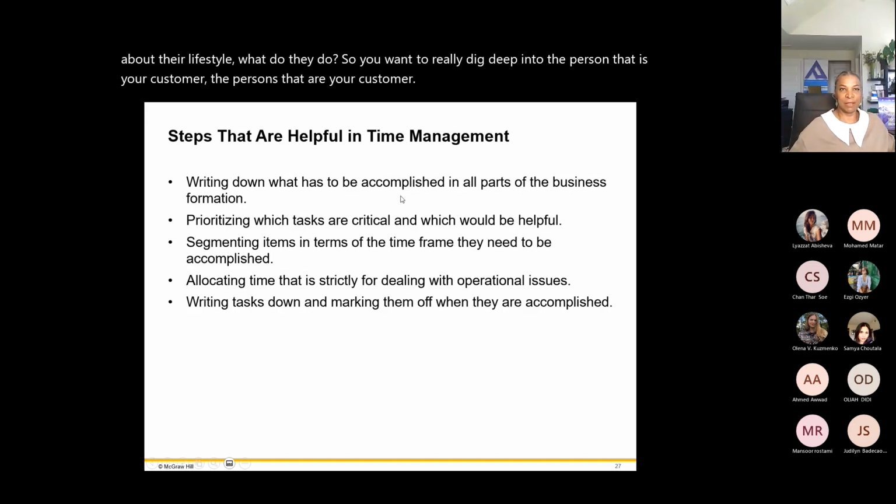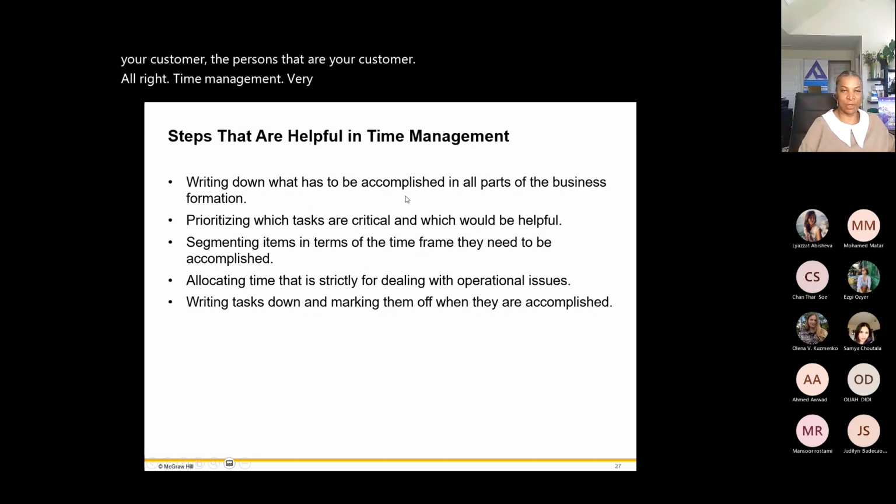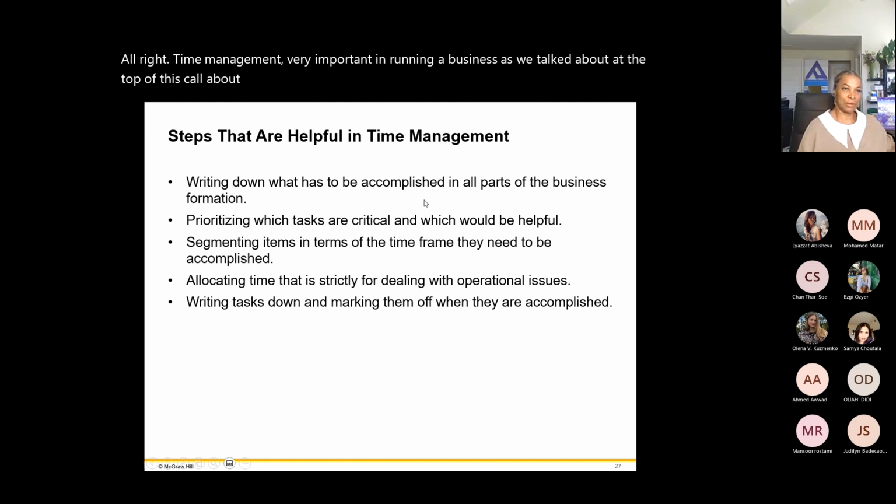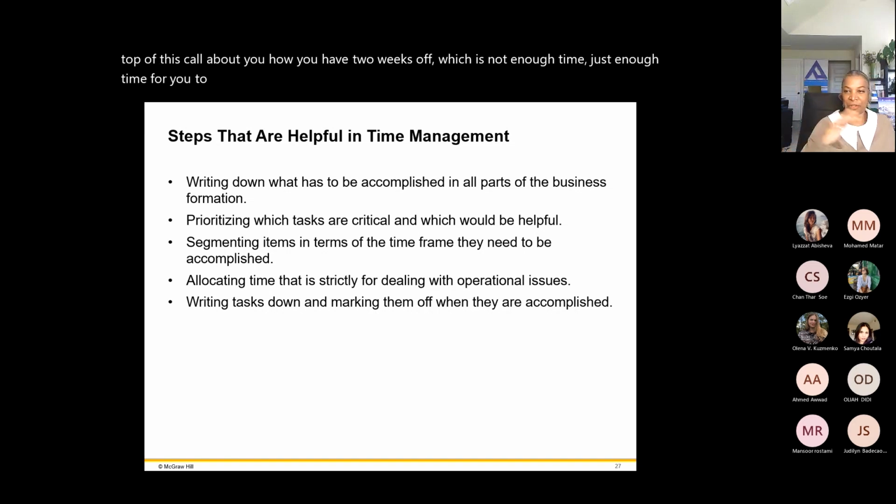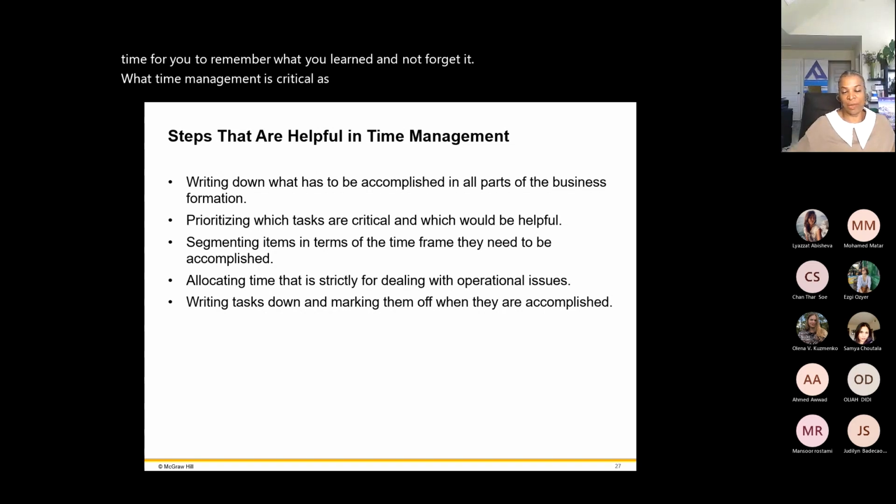All right, time management, very important in running a business, as you know. We talked about at the top of this call about how you have 2 weeks off, which is not enough time, just enough time for you to remember what you learned and not forget it. But time management is critical as adults, because we have family, we have work, we have school, we have things that we need to fit into a certain amount of time. And how do we manage that time